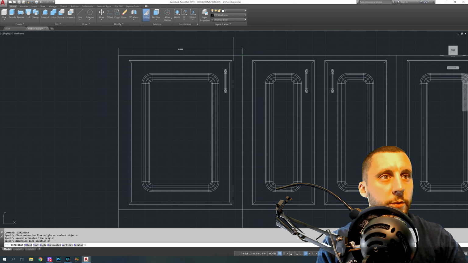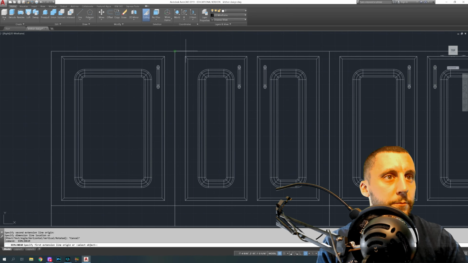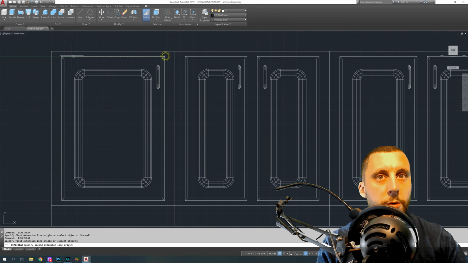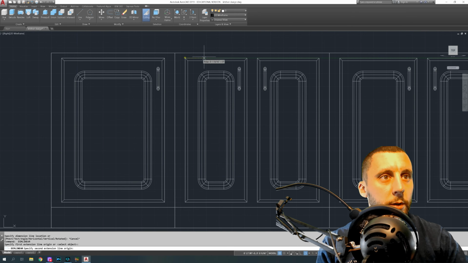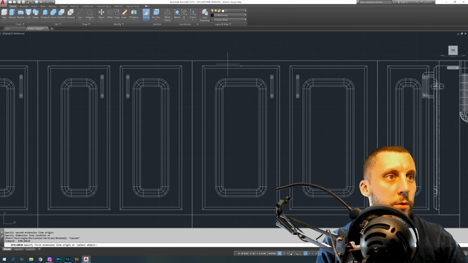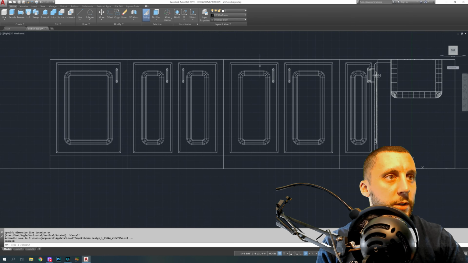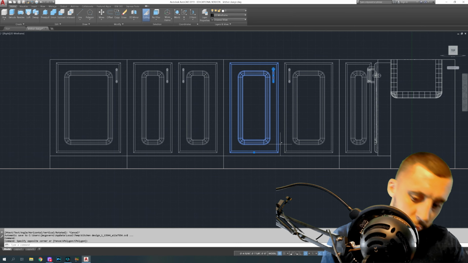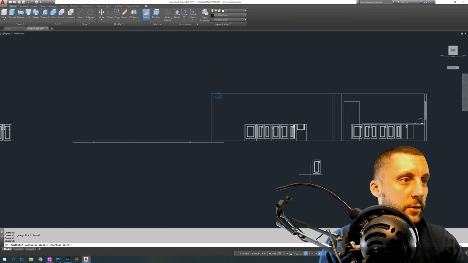Alright, so this is a 24-inch door. That's too big. Oop, I wasn't measuring the door, sorry. That is a 20-inch door. That's too big. This is a 12-inch door, little small. This one is a 15. That's perfect. So take knob and door, copy and paste. Let's move that